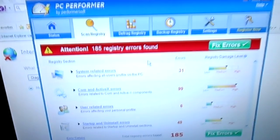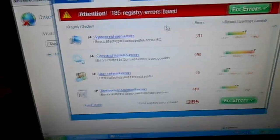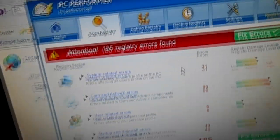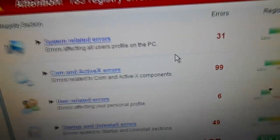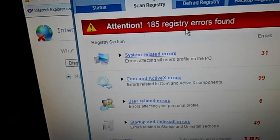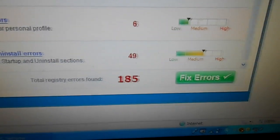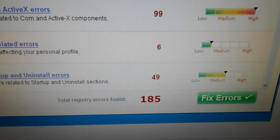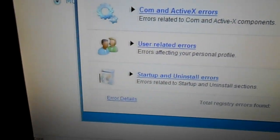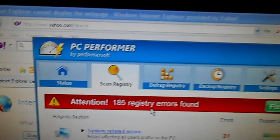Alt, Shift, and Delete, nothing's happening. My arrow still moves fine. It says I have 185 registry errors. Now this would just seem like a piece of software that maybe a family member installed on there, or something like that, except